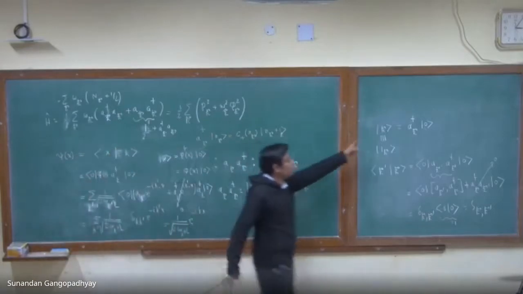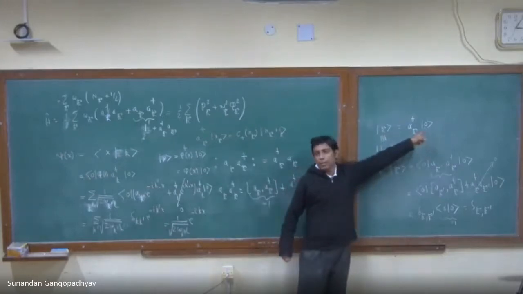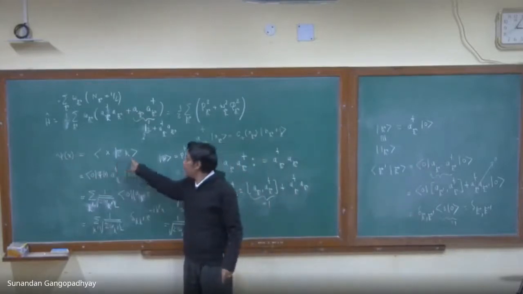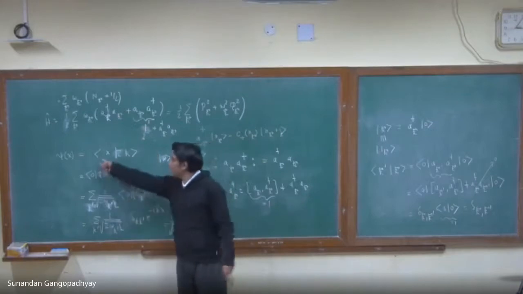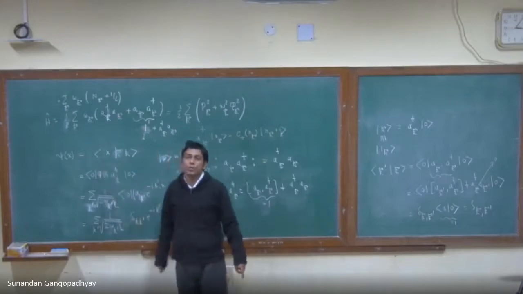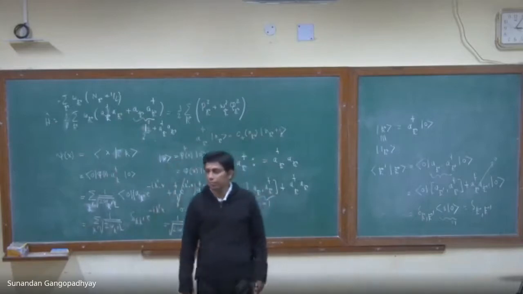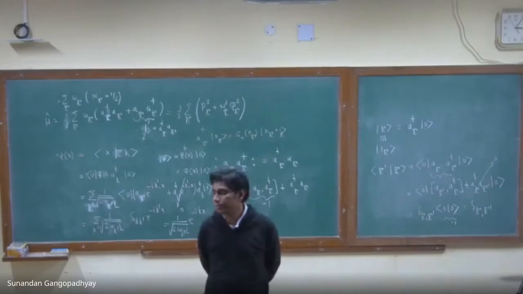Now you use the fact that ket k is a dagger k, ket 0 in this relation. Put k as a dagger k, ket 0, and from there you derive what x should be in terms of the field operator. And you will get this relation. Okay? Is it okay?